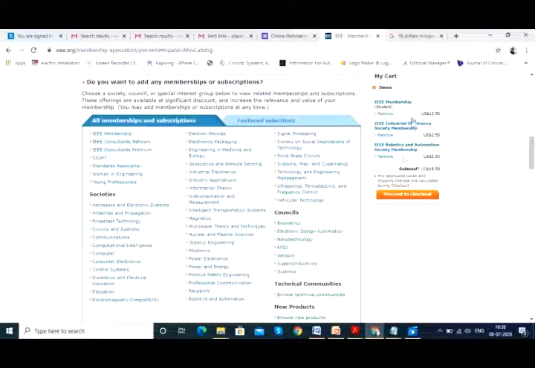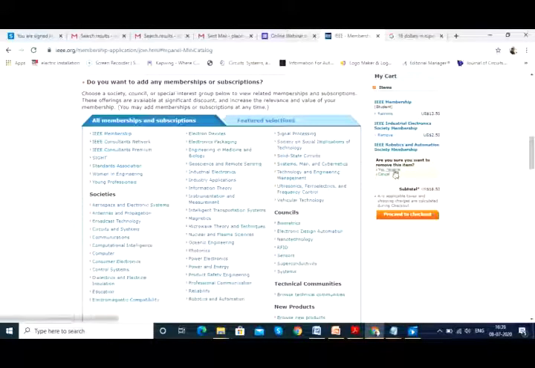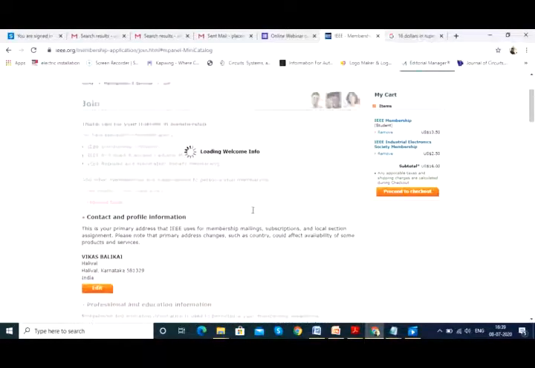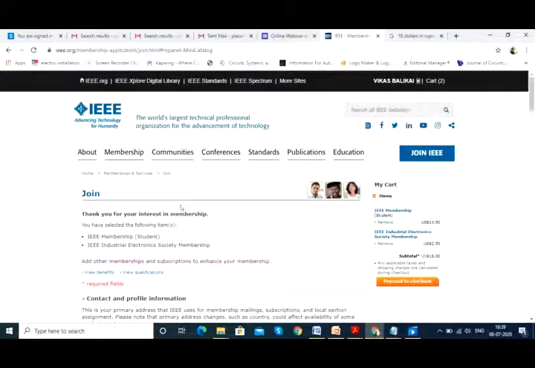It is not mandatory to select both of them. You can choose any one of them. The only restriction is first year students will be selecting Industrial Electronics, second year students will be selecting Robotics and Automation Society. Now since I am dealing with this entire thing with respect to robotics and automation, I just remove it. This is only for your information I showed you. Just remember, try to select robotics if you are a second year student, try to select industrial electronics if you are a first year student.